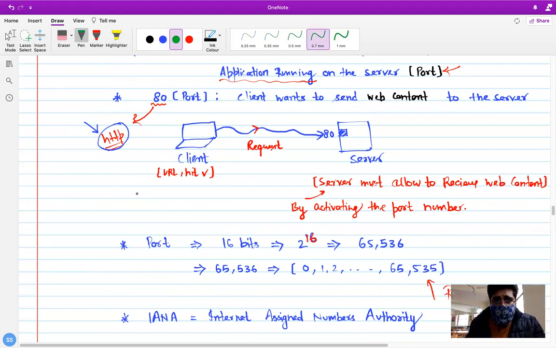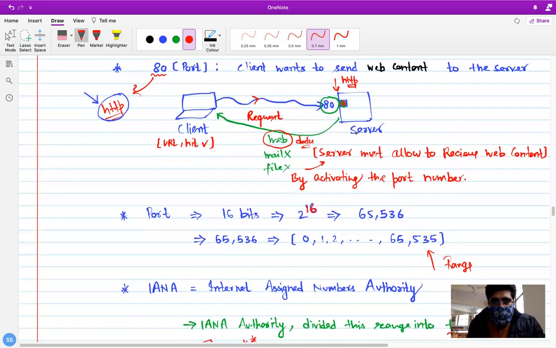Let's say you have a URL, facebook.com, which starts with HTTP, and you hit it. You send a request to the server, and on that server you are hitting port number 80. Okay, and you are hitting specifically 80 because you want a response from the server in the form of web content. You don't want mail. Okay, you don't want a file. You only need a response as web content, web data. For that, you are hitting port 80 of the server, and at port 80, the HTTP protocol runs.